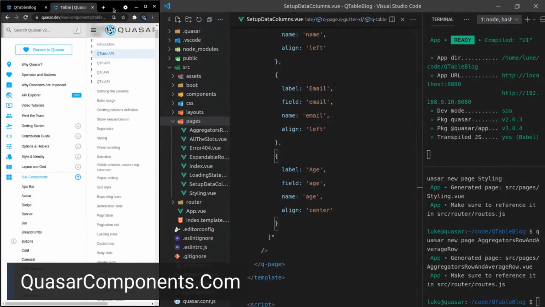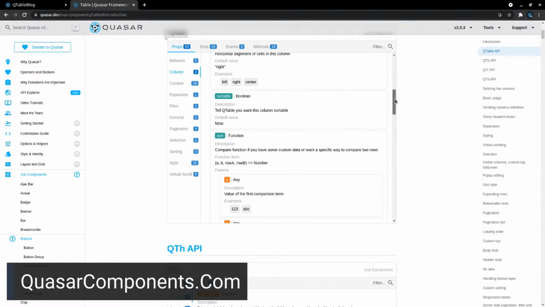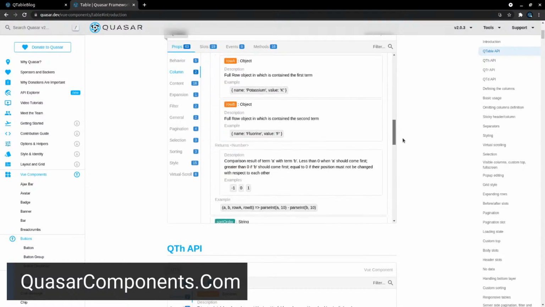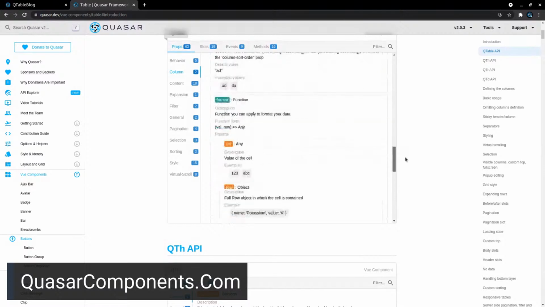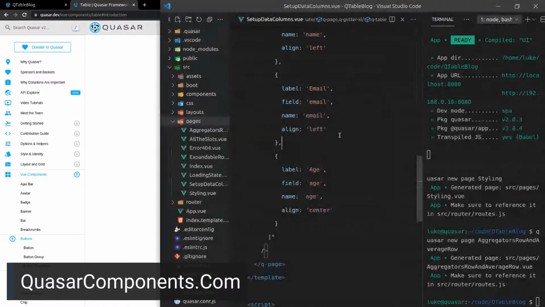What else have we got here? I'll go full screen with that. Whether or not it's sortable, I'm going to save that for later on. The sorting algorithm, sort order, format. That's pretty handy. So where would we use format? How about this? Format.